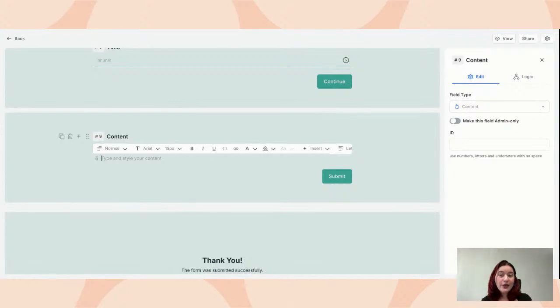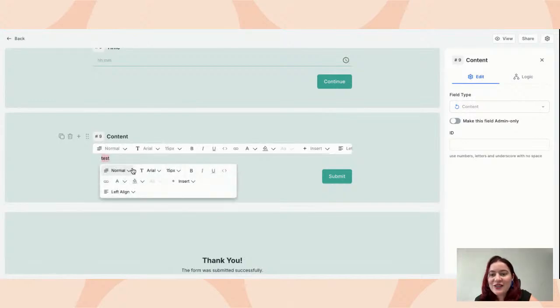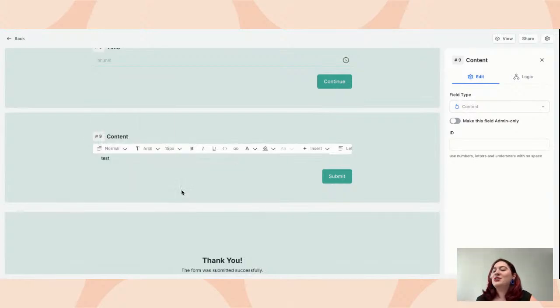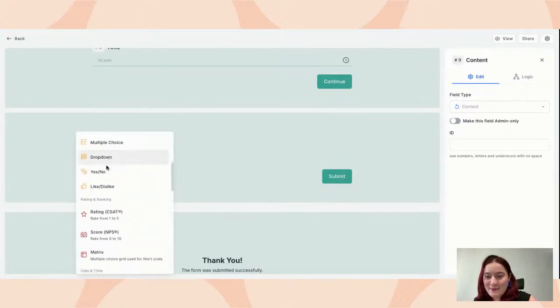You can have your terms here and then have the different fields for the user to confirm them. So it's super useful, and you can definitely customize the text. For example, let's write test over here. You can change the color, you can change the background color as well, you can change the font, you can change the alignment. Pretty much everything can be customized. So have fun with the content field, definitely.